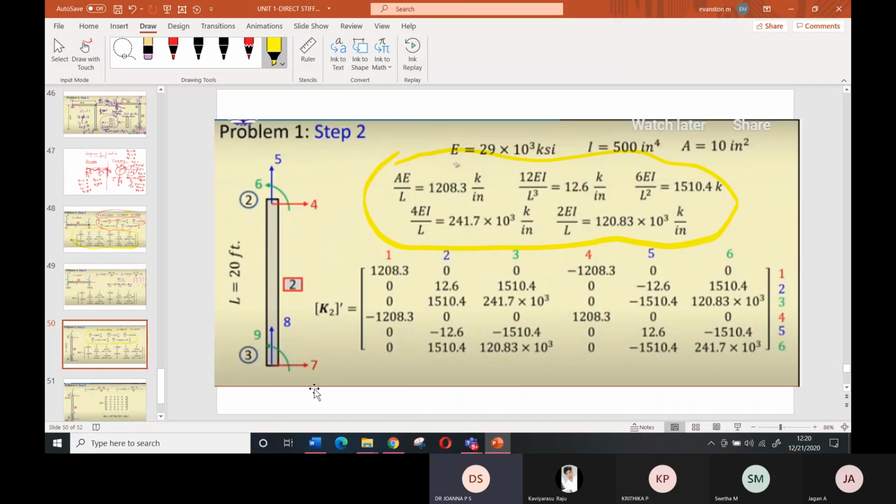You have to add one more thing. One more thing you have to note: the matrix has been derived from bottom to top. It is not from top to bottom. So you don't put the number like this. We will put the numbering as 6, 4, 7, 8, 7, 8, 9.